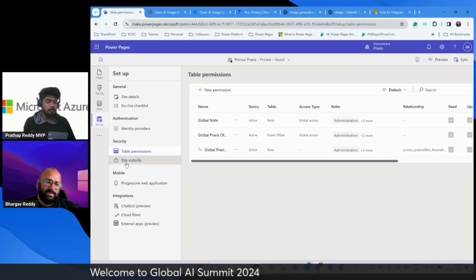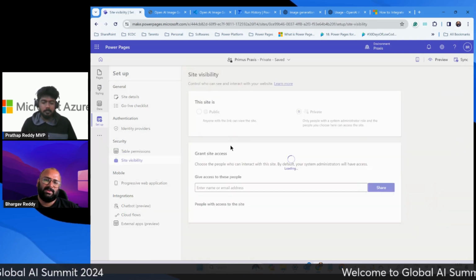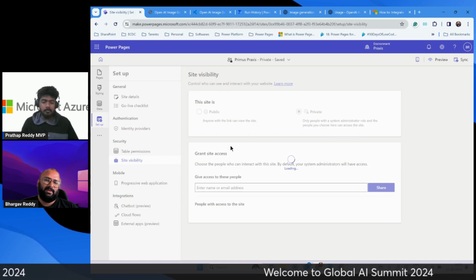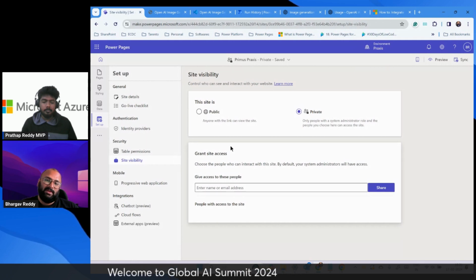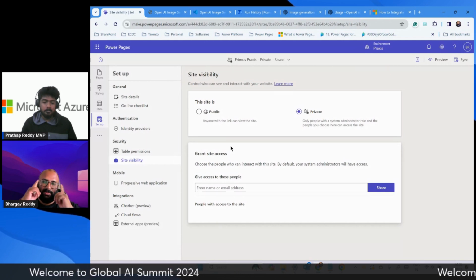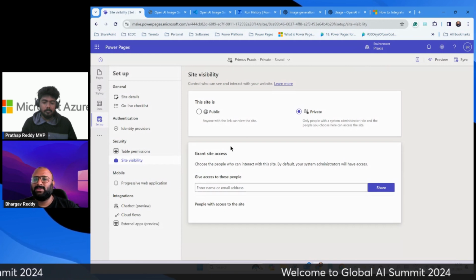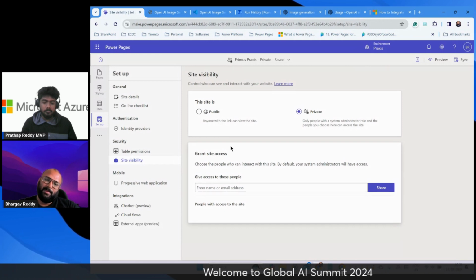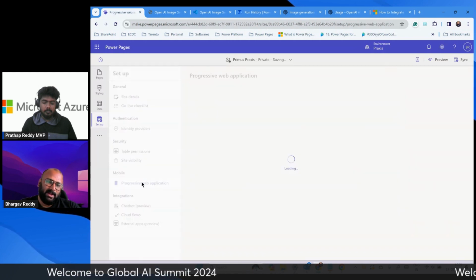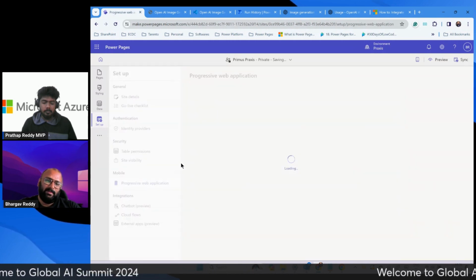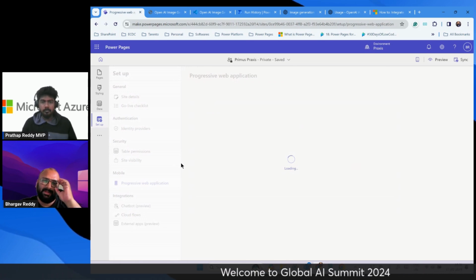And then the site visibility. The site visibility is basically public and private. So by default, when you're working with Power Pages sites, the site is in private mode, and whenever you feel that it is ready to be moved into a public state, you can go ahead and utilize this particular functionality. Most important when it comes to promoting this as an app based